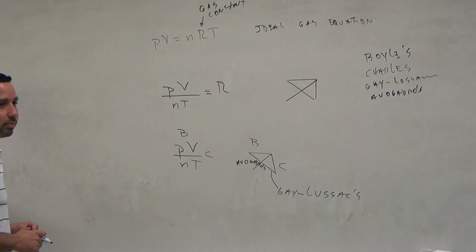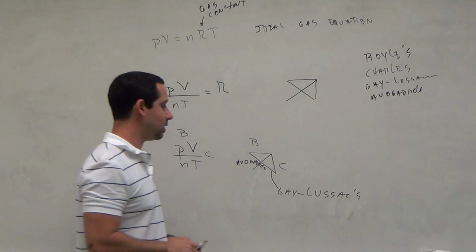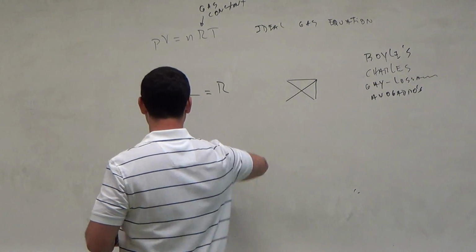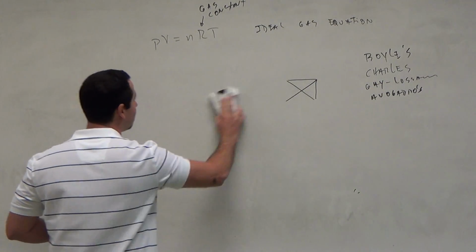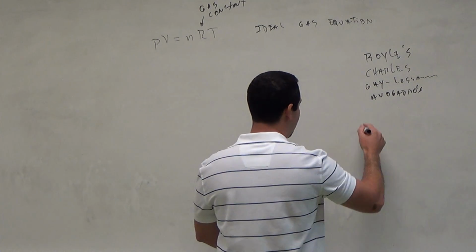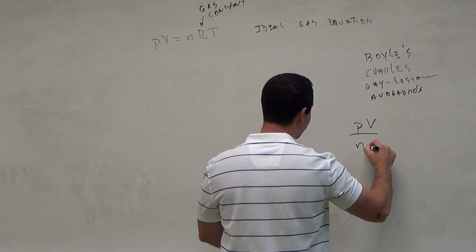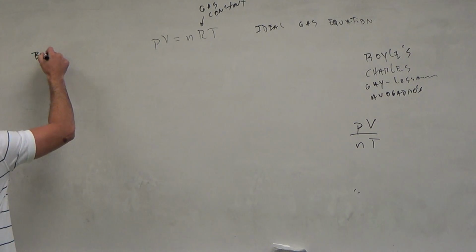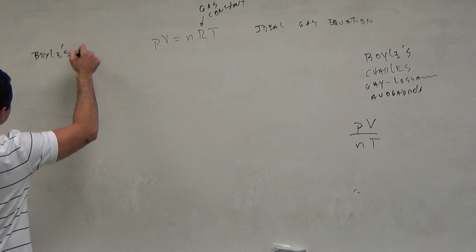Okay. So, you already know the laws, let's now write them down and see how they look. So I'm going to say PV divided by NT. Boyle's Law. Boyle's Law says,